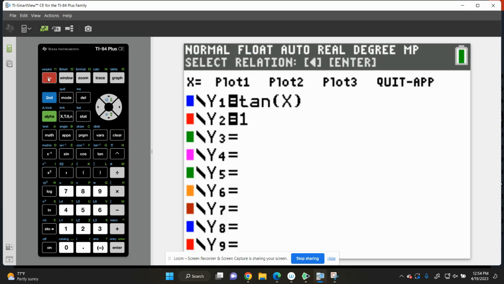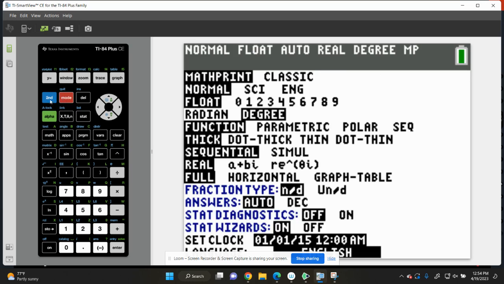If you have your calculator, please do this with me. So we've got 4 cosine minus 3. And to make sure my mode is in degree mode,